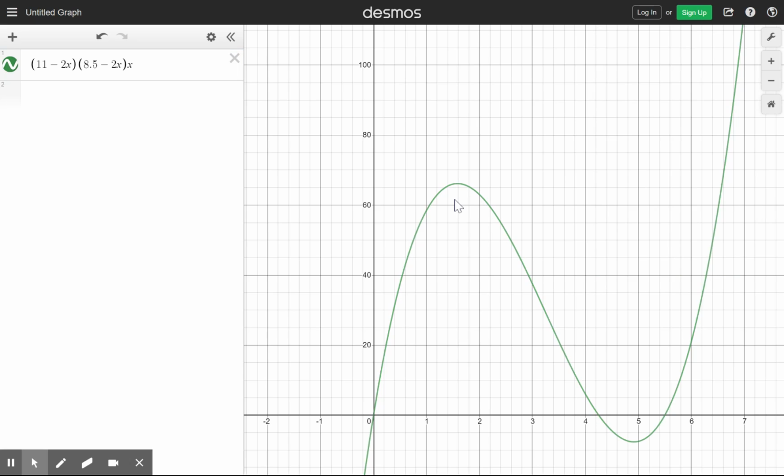All right, so let's look at our maximum volume here. Looks like it's the highest. The volume is the highest at 66.148 cubic inches when the x value that you cut out is 1.585. So roughly